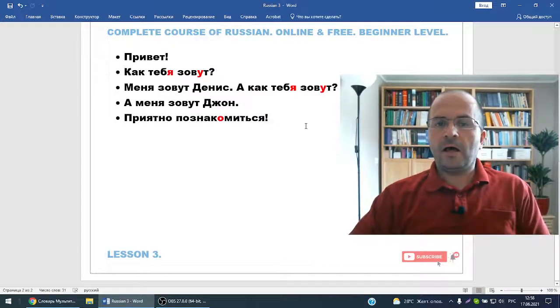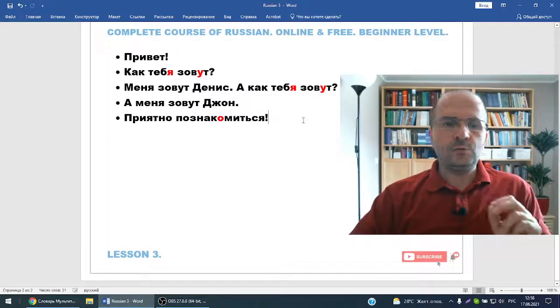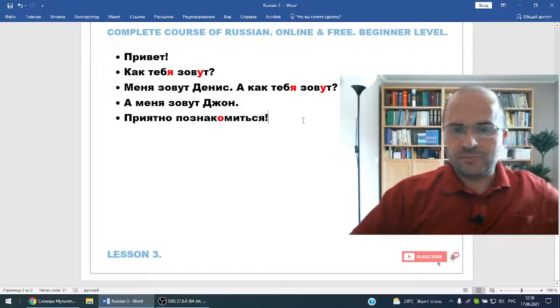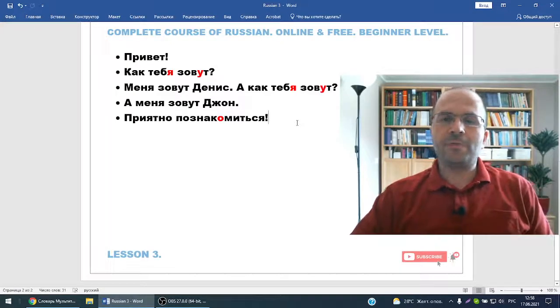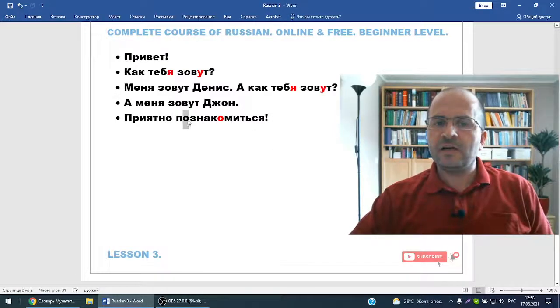letters are the stressed vowels. Why do we need to know which are stressed and which are not? You remember I told you that some vowels are pronounced differently if they are unstressed. Okay? For example, the vowel